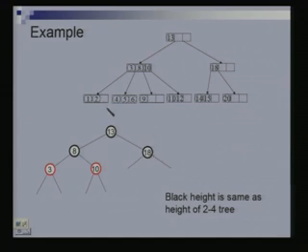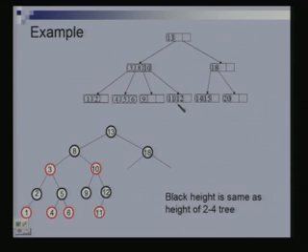Let me take 1, 2. This would have one black node and one red node, right. Now, I have an option. I might put 1 as the black and 2 as the red, or the other way around. I am going to put 2 as the black and 1 as the red. For 4, 5, 6, 5 will be the black and 4, 6 will be the red. For 9, black 9, nothing else. Here 12 black, let us say, and 11 red. 14, 15, 15 black, 14 red, and 20.